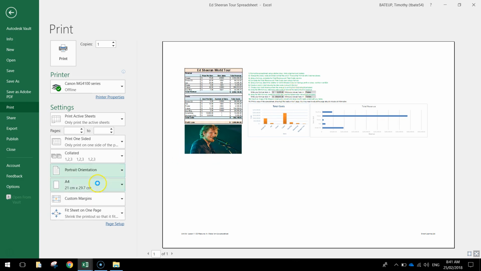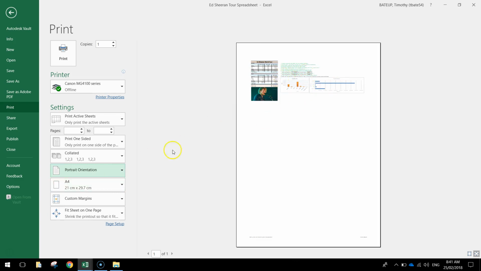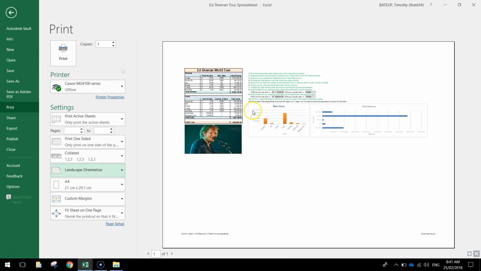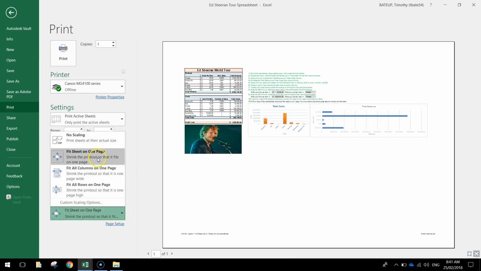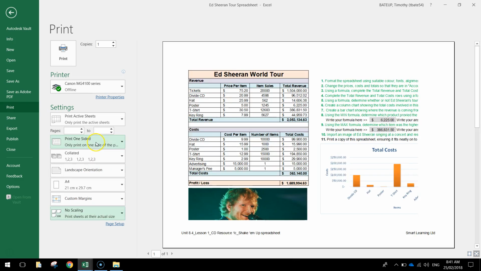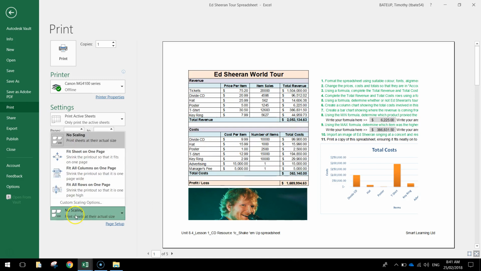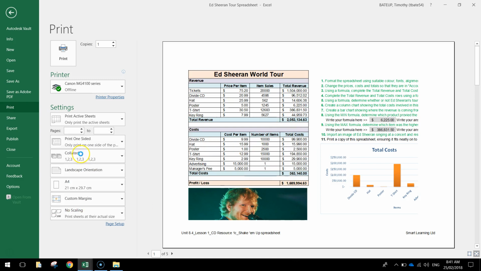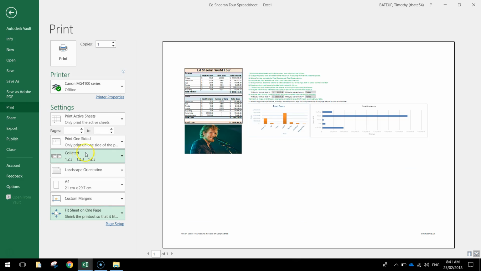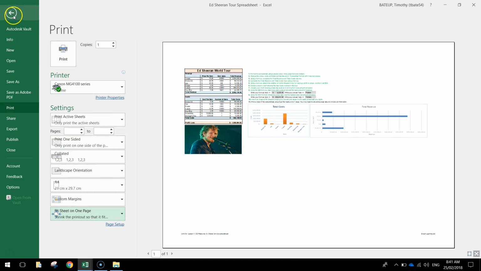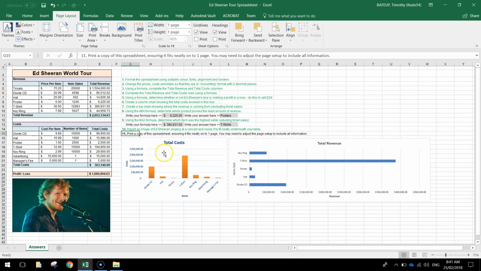If you were still in portrait, oh yeah, it does fit. Might just squish it in there. But landscape looks good. Now actually, here's the option here, this bottom one. Fit sheet on one page. If I selected no scaling, you can see that it would start chopping it off. Alright, so that bottom box is probably the trick to it. Fit sheet on one page. Once you've got it looking like that, then you can print it, and that will probably do you. So we tick off number 11,